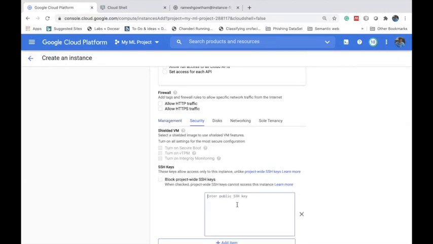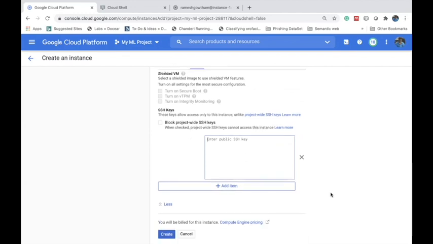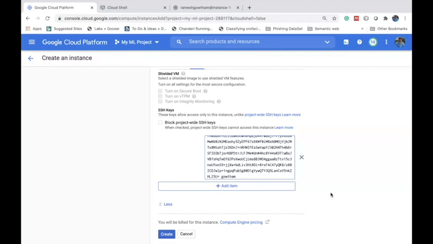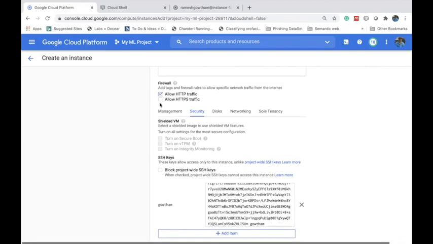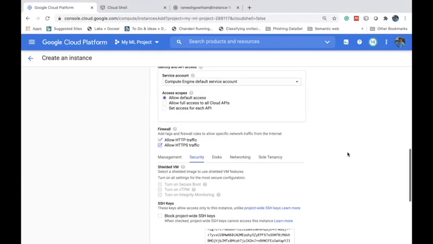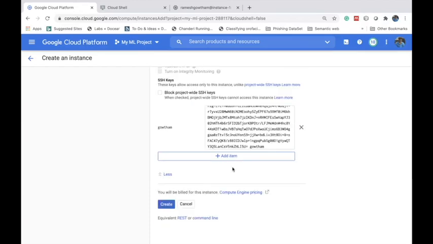In the Security tab, there is an option called enter your public SSH key, where I'm going to paste the entire key. I'm also going to allow HTTP and HTTPS traffic for this instance. This is the only difference we are going to make, and I'm going to create the instance.